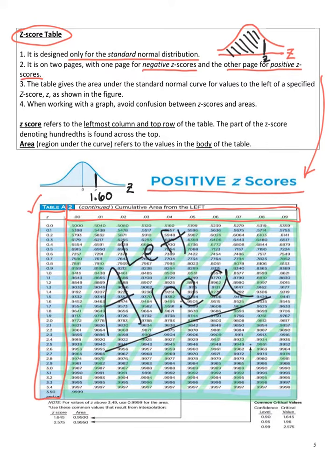Let's say we want to find the left area of 1.60. So find 1.6 on the left column, and find 0.00 in the top row. So wherever they meet,